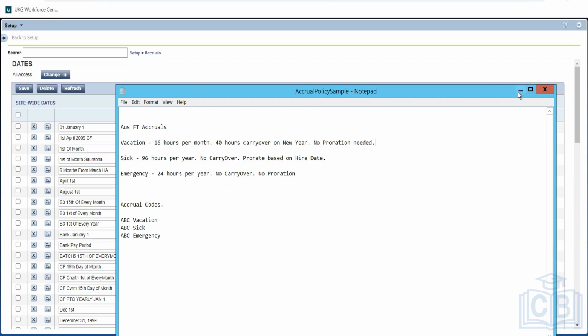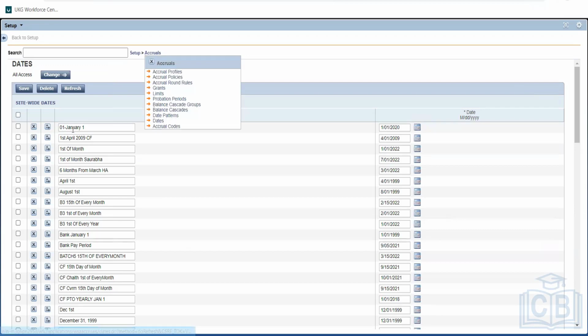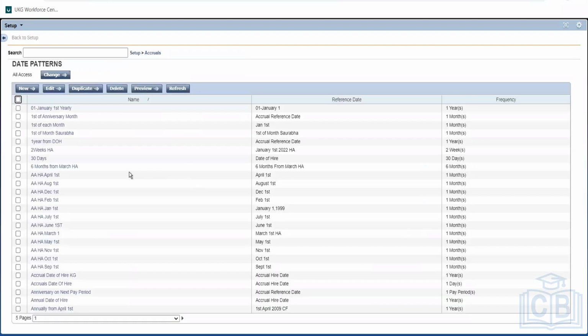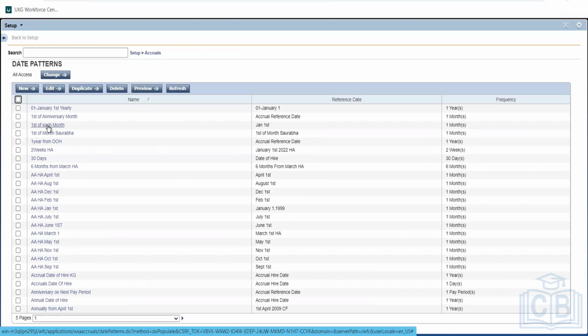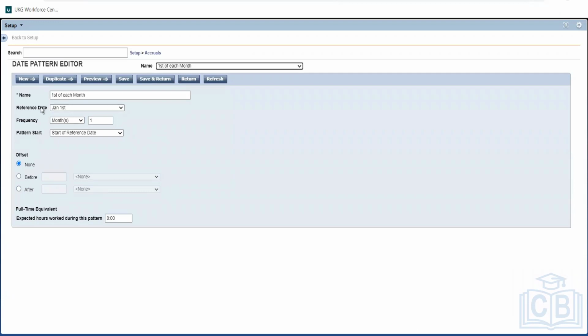Let's start with this one. Okay. Now let me go. We have created dates, and now I need to create a date pattern for Jan 1st. Let me see if there is any available pattern. Okay, there's a pattern, 1st of each month. Let me open it up. Okay, what this does is it is referencing Jan 1st as the date, and it is prorating it like frequencies, monthly ones. It is providing the grant. So let's choose this as our date pattern,